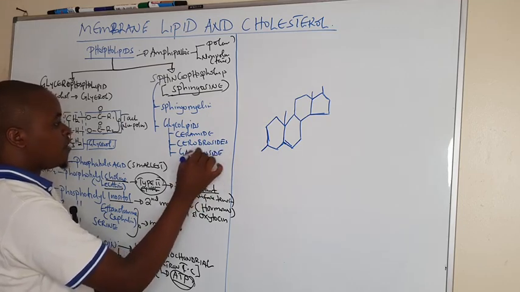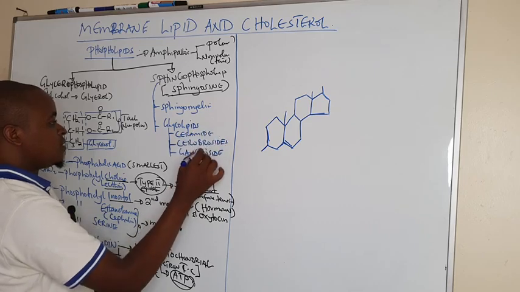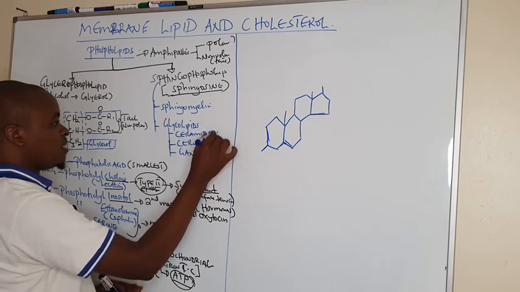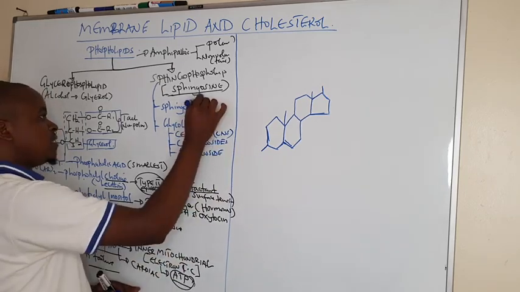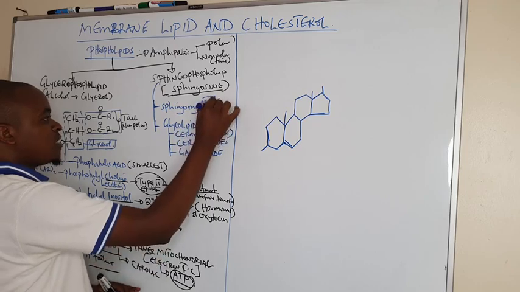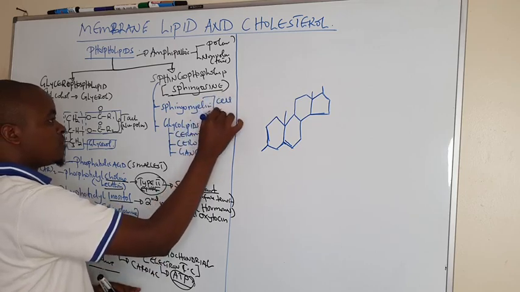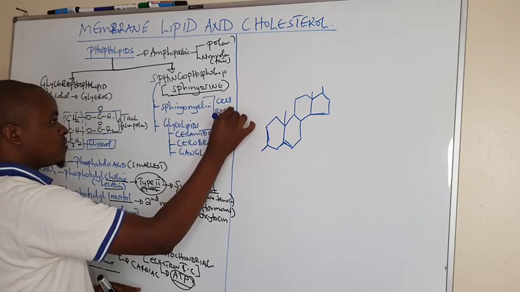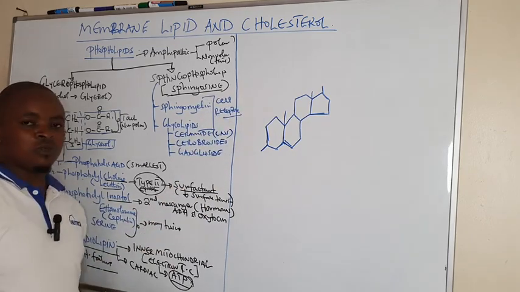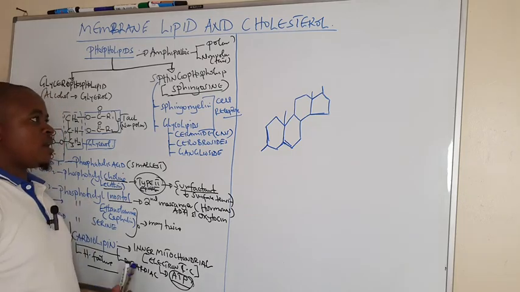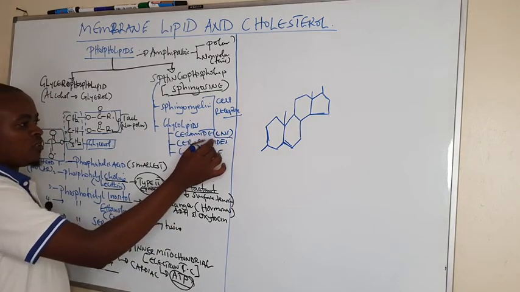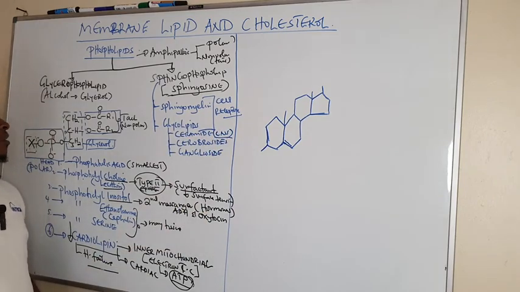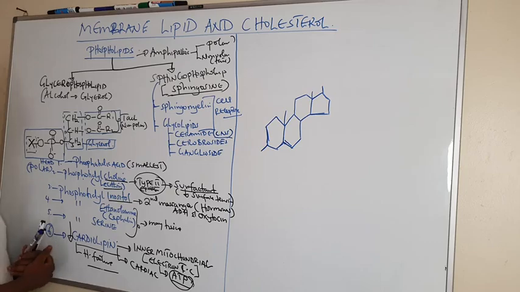So these ones are found majorly in the CNS. This one is found majorly in the central nervous system, and we are saying their major function is acting as cell receptors. So they bring communication between cells and cell identity, and they are the ones responsible also for maturation of the CNS. So this is what we can discuss about membrane